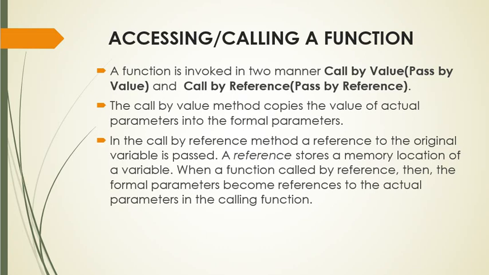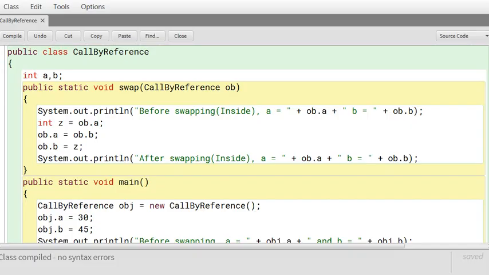This means that in the call by reference method, the called function does not create its own copy of original values. Rather, it refers to the original values only by different names, the references. Thus, the called function works with the original data, and any change in the values gets reflected in the data. Let us work with one example on that. So this one is the call by reference mechanism.